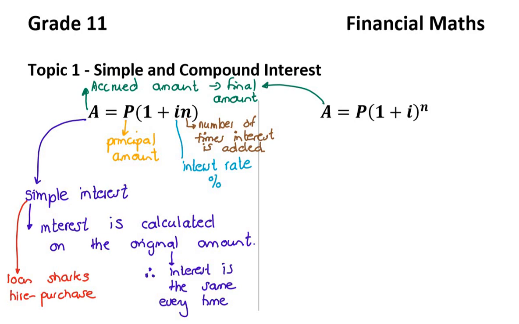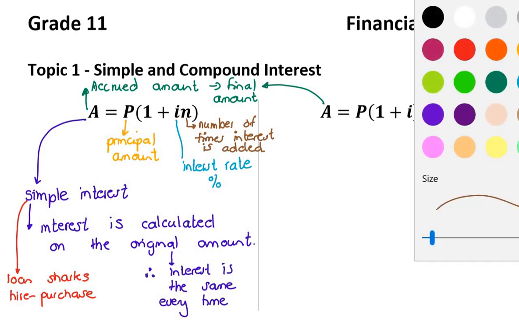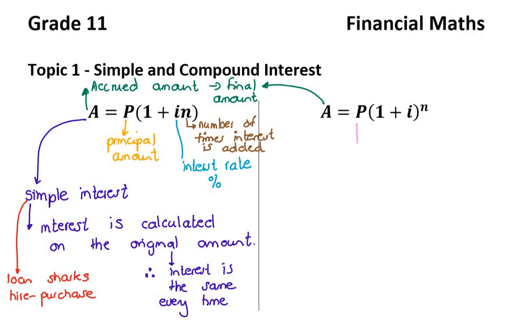Okay, now in the other formula, I'm not going to rewrite that, because A, P, I, and N stand for exactly the same thing. So the only difference in this other formula is that this is your compound interest formula. Now this is how most of the real world works, where interest is calculated on your current balance all the time, and that's compound interest. So that means that if your loan amount has changed, your interest amount will change because your interest is calculated